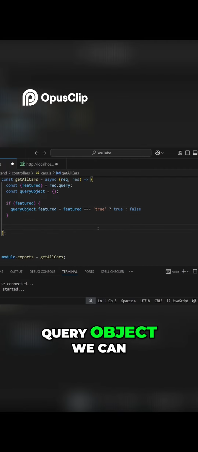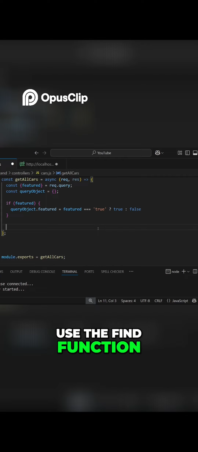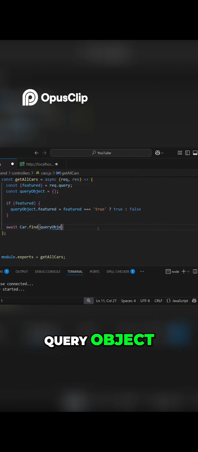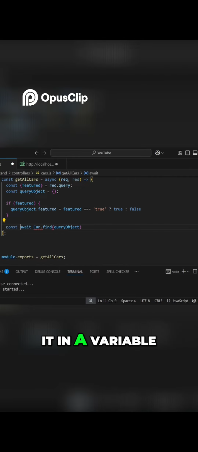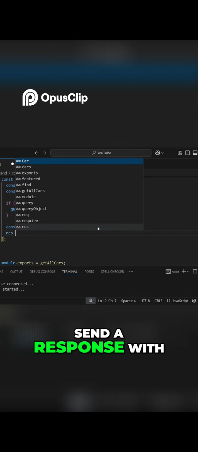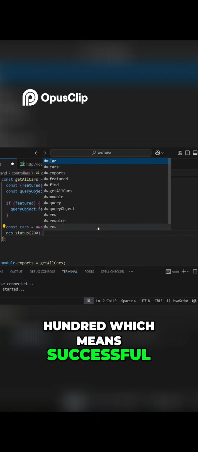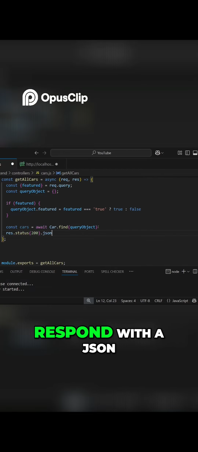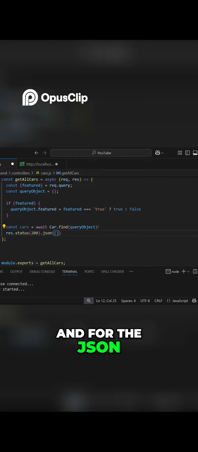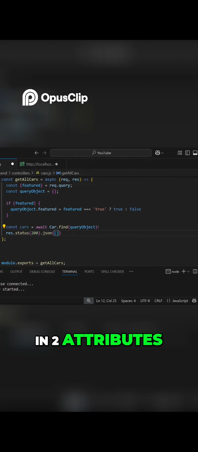Once we have our query object, we can use the find function. So we're going to await car.find, and we're going to pass in our query object. And whatever is returned, we're going to store it in a variable called cars. Once we have our cars, we're going to send a response with the status of 200, which means successful. And we're going to respond with a JSON. And for the JSON, we're going to pass in two attributes. The first is going to be the number of hits,